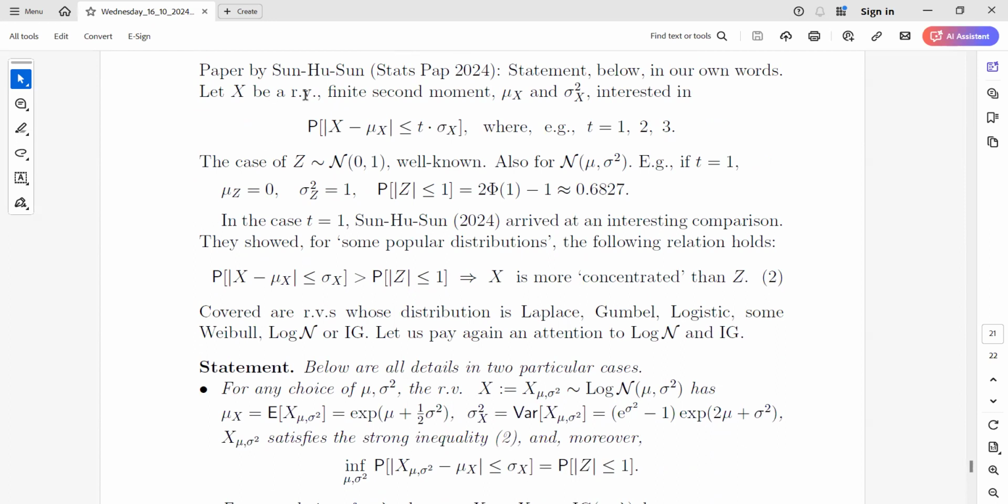And I will give the statement, it is below, in my own words. So we have random variable x. So this is what we want. We want to compare, do you see now I'm showing it, so this is the probability we are interested in. It's a kind of concentration, how much of the mass of x is around the mean value, on the left,